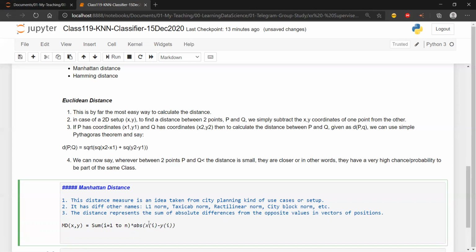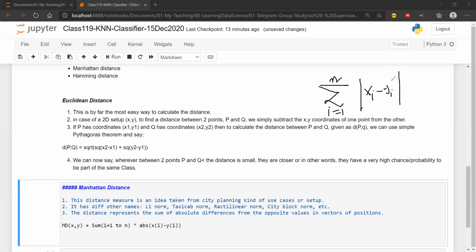I'm actually taking the absolute value. Let me make a quick note of how it is done. MD is given as the summation i equal to 1 to n, where n is the number of dimensions in the data, of the absolute value of x i minus y i.